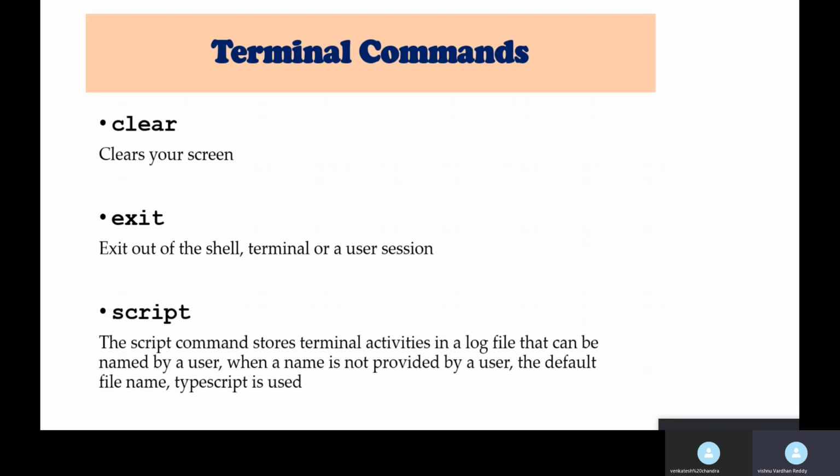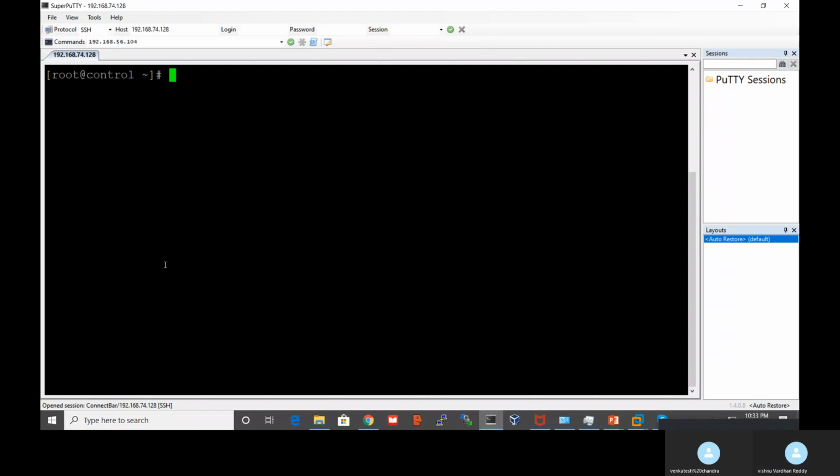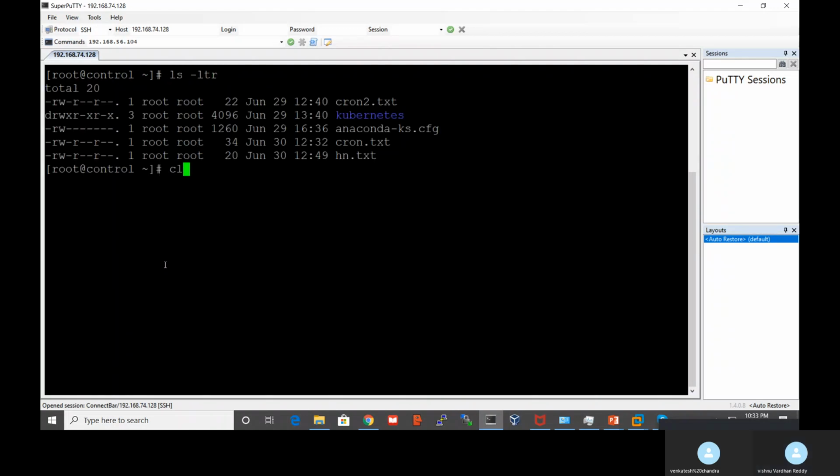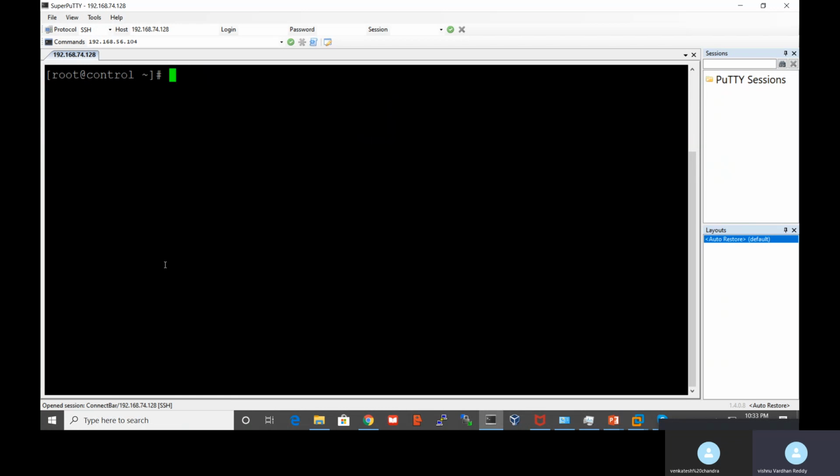So how will these things work? Let's check. So ls -ltr. If you want to clear the screen, you can clear like this. And then I am switching to some other user.